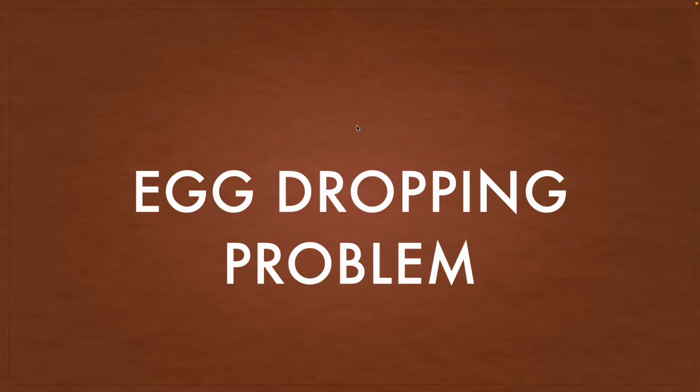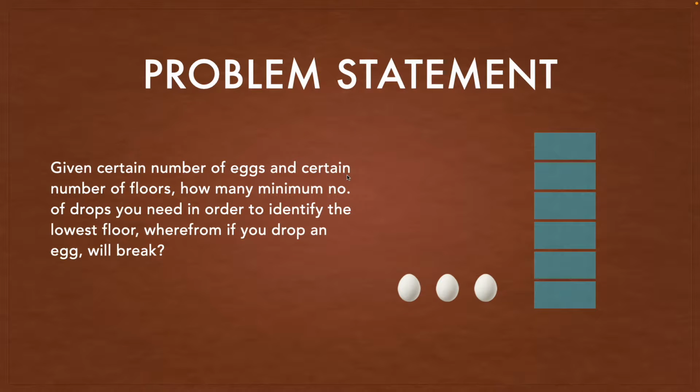Now, let's start. So this is our problem statement. It says that given a certain number of eggs and a certain number of floors, so these are the eggs you can see and these are the floors you can see of a building. Now, how many minimum number of drops do you need in order to identify the lowest floor wherefrom if you drop an egg it will break? So it means that, let's say, if you drop an egg from this floor,